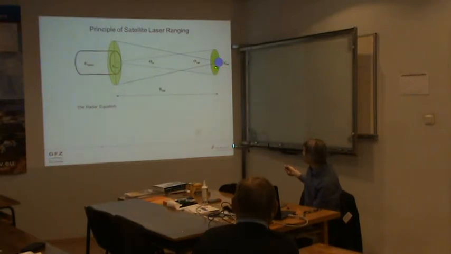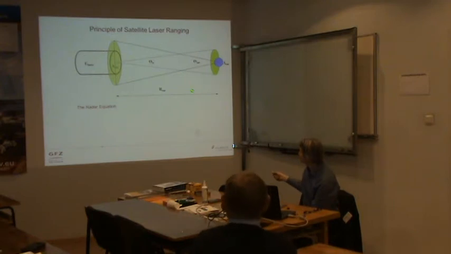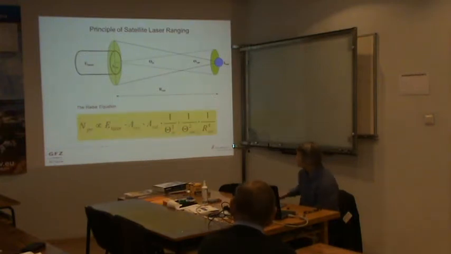The satellite is not capable of keeping the laser signal sharp. So we get now the angle of diffraction, theta sat, bringing the laser signal back towards ground. And here we have a limited aperture of the receiver, which of course is much, much smaller than the spot on ground which is illuminated by the signal scattered back or reflected back from the satellite. We have the distance of the satellite, r sat, and the radar equation, which is very famous, says that the